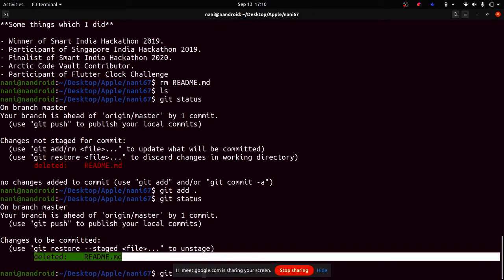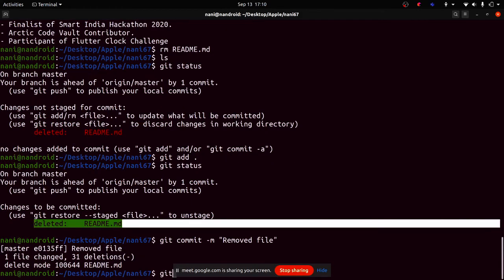Now git commit. Using these commands is very important. First I have to add the files or remove the file based on whatever changes I have made. I should update it to git, and then I have to use a message called "remove file". Yep. And now I have to use git push origin, the starting point, and which branch should I update? Master.